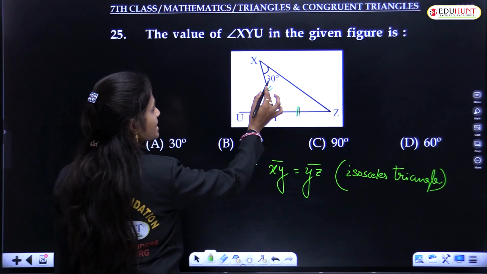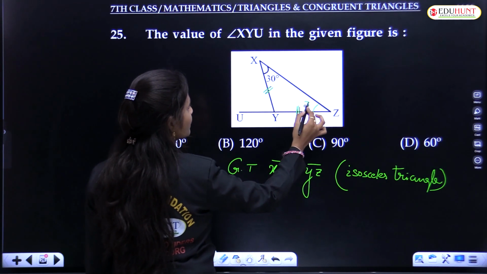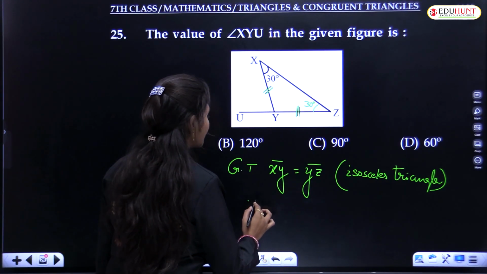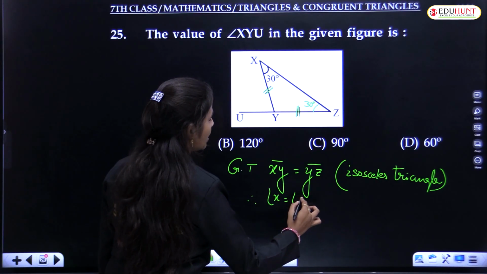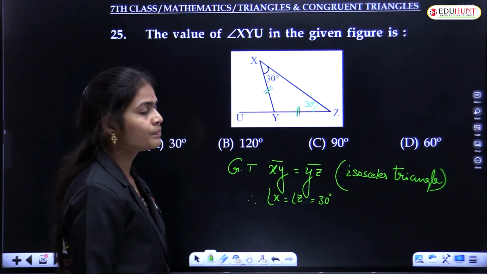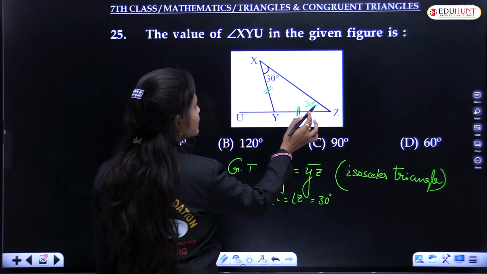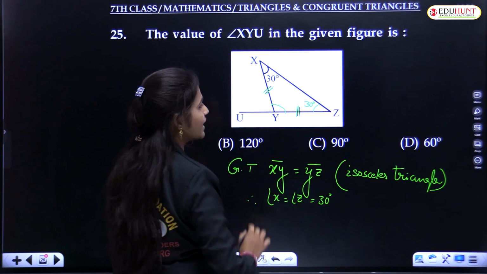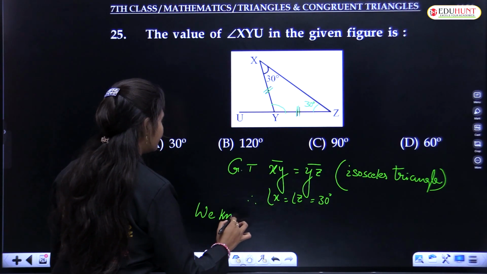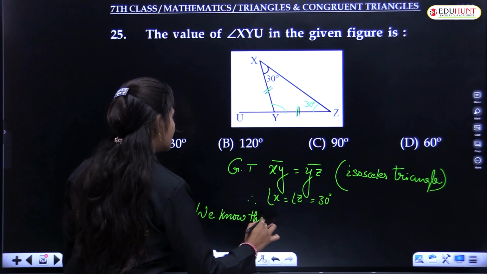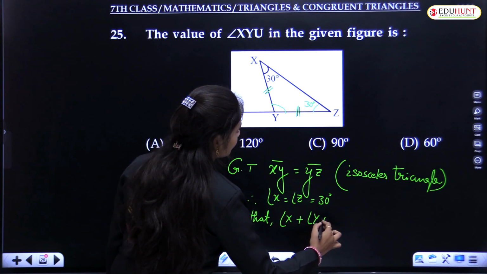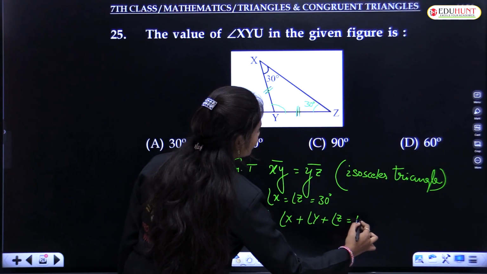Okay. Now here this is 30 degrees. That's why here also angle is equals to 30 degrees only, no? Why? Because here base angles are equal. So that's why here therefore angle X is equals to angle Z, which is equals to 30 degrees. Is it clear to you children? Okay. So here this is 30 degrees and this is 30 degrees. So what about this angle here? Okay. So we know that the condition, we know that angle X plus angle Y plus angle Z is equals to 180 degrees.